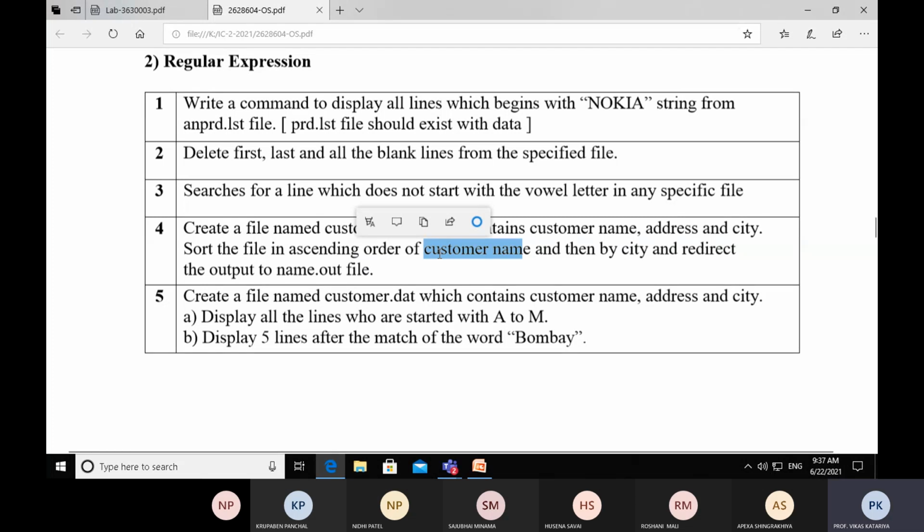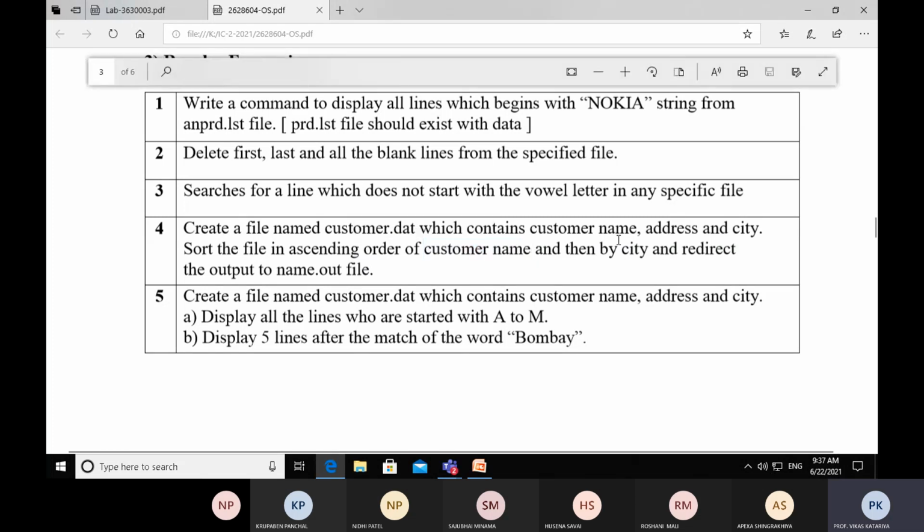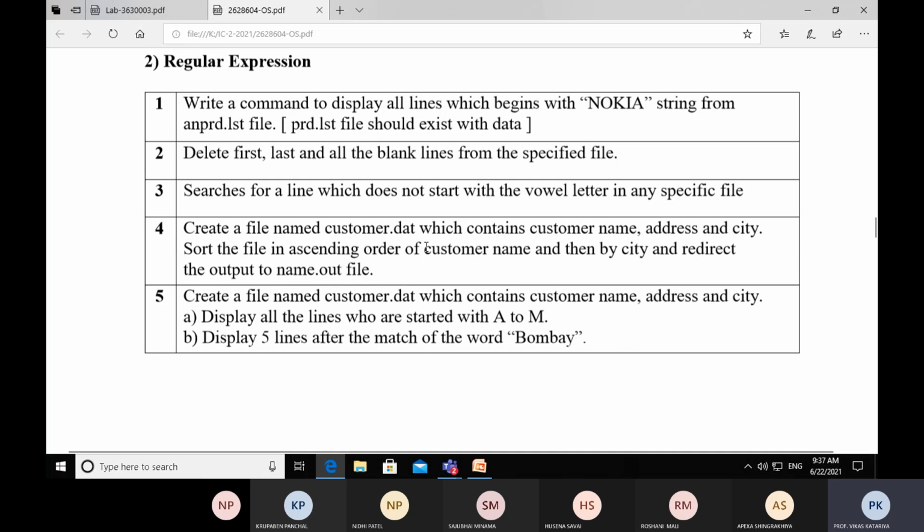The column or field which we have to choose is customer name. We also have address and city in our text database, but we have to sort our file based on customer name. After sorting, there will be an output, that is a sorted file based on customer name.